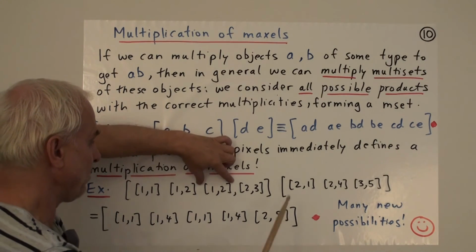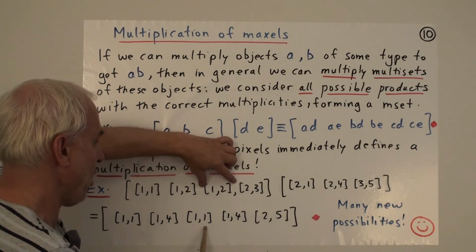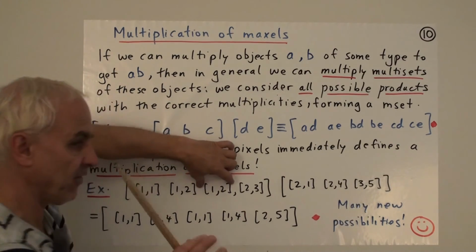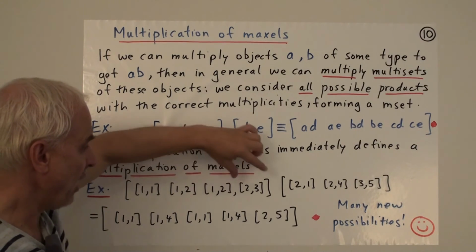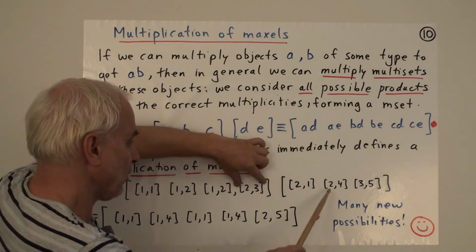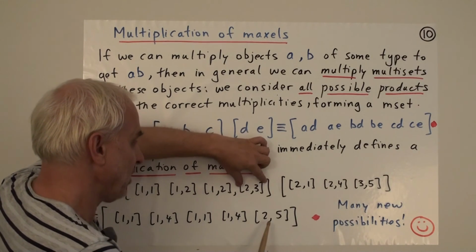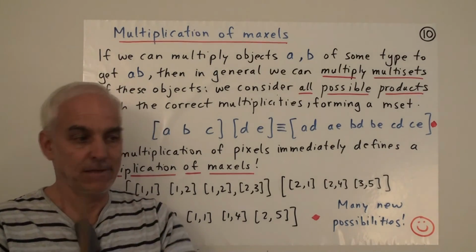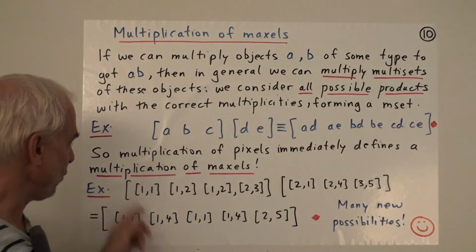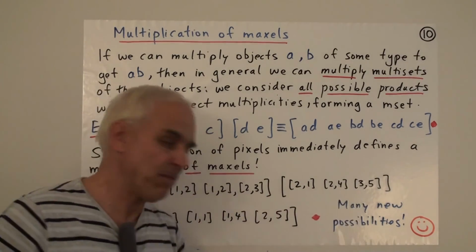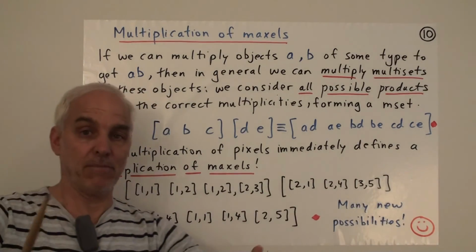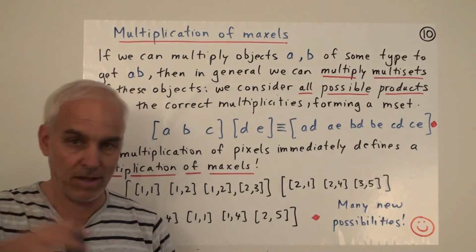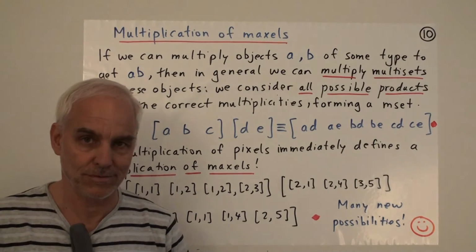How about 2,3? Well, first 1,2 again, that's the same story. 1,2 times 2,1, that's going to give us another 1,1. 1,2 times 2,4 is going to give us another 1,4. And 1,2 times 3,5 is going to give us another nothing, which doesn't contribute. And finally, 2,3 times this is nothing, 2,3 times this is nothing, and 2,3 times 3,5 is 2,5. So we just have repeated pixel multiplication. We have to go through all these possibilities and take all possible products and put them all in a big box. Remembering that when we get nothing, we're putting in nothing. So there's no contribution.